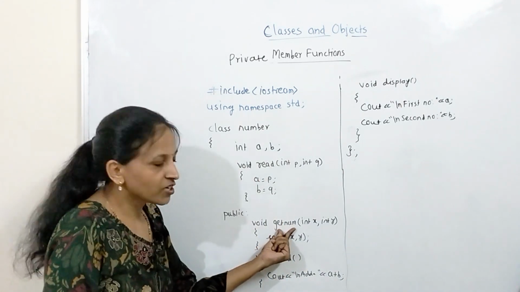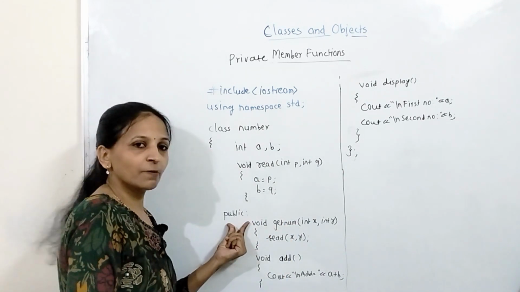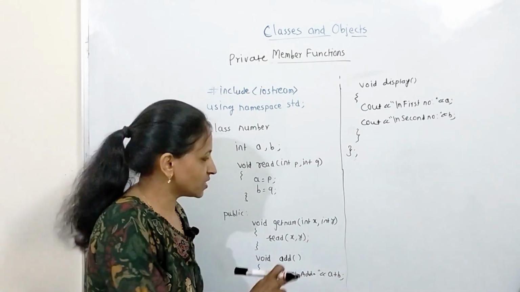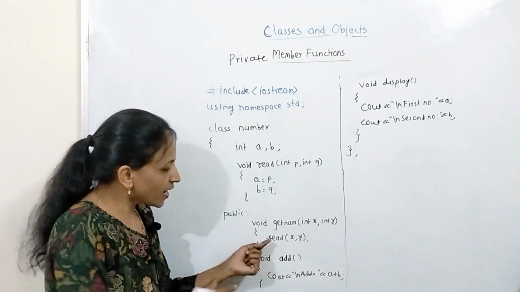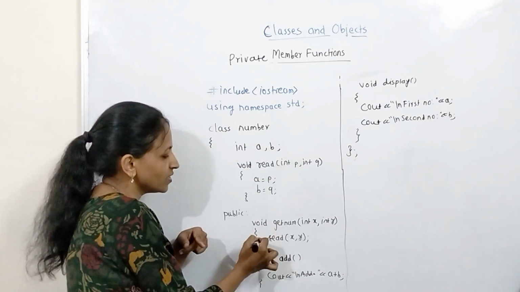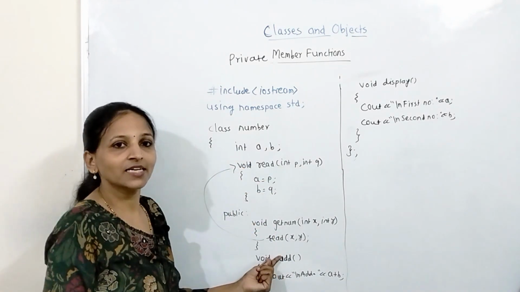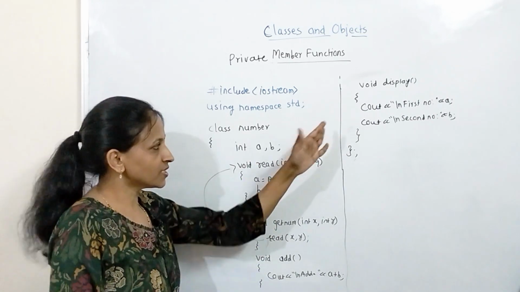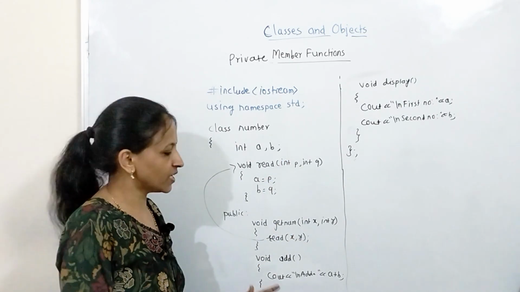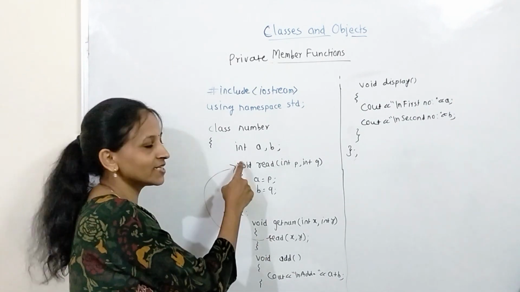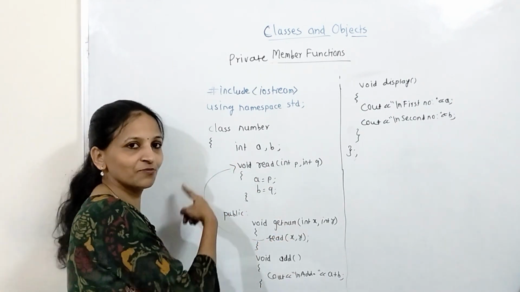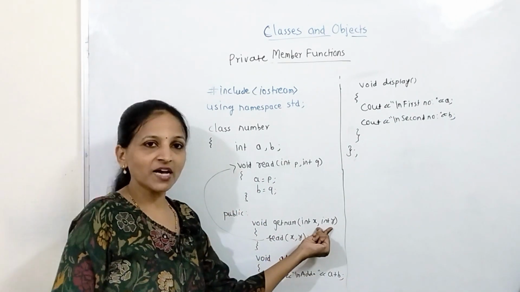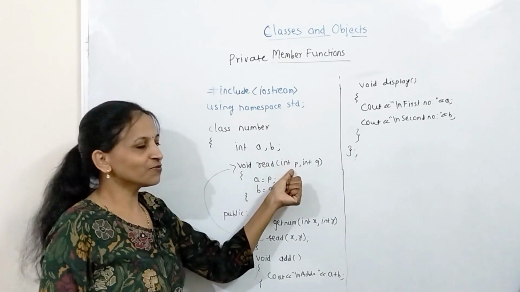I am writing one more function, getnum, inside the public section, and for that again I am passing the same arguments, x and y. Now I have called this read from this getnum function. What is private, you can access inside that class, no problem will be there. That's why I have called this read function from this getnum function. It is valid, it is allowed, and whatever is passed by the user I am passing to this function.